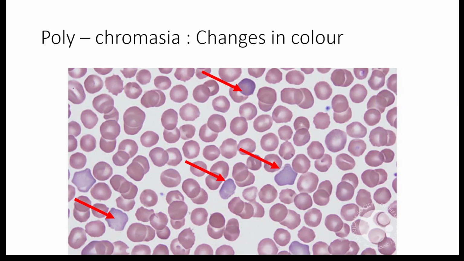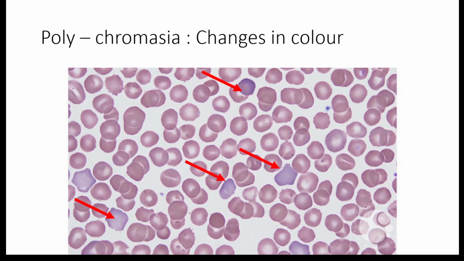Another term commonly used in hematology is polychromasia, when the color of the RBCs is different. Here, your staining and optimization of the staining is very important. Normally the RBC should be this coppery red in color, and if you find that the RBCs have a slightly bluish tinge, as you can see in this cell, this cell, this cell here, the presence of a bluish tinge indicates polychromasia. There is different coloring.